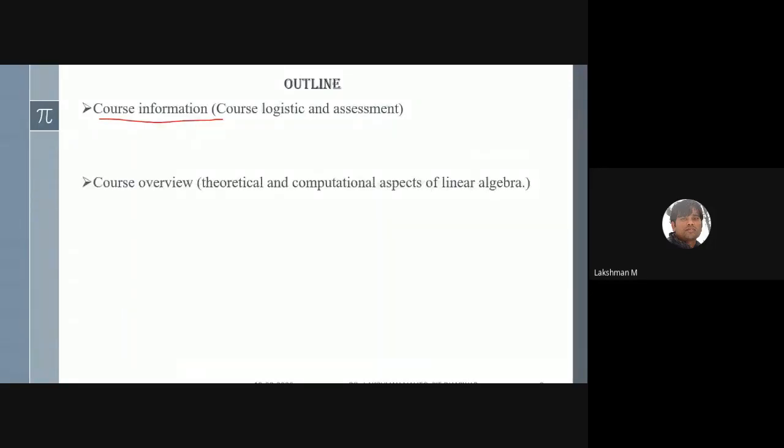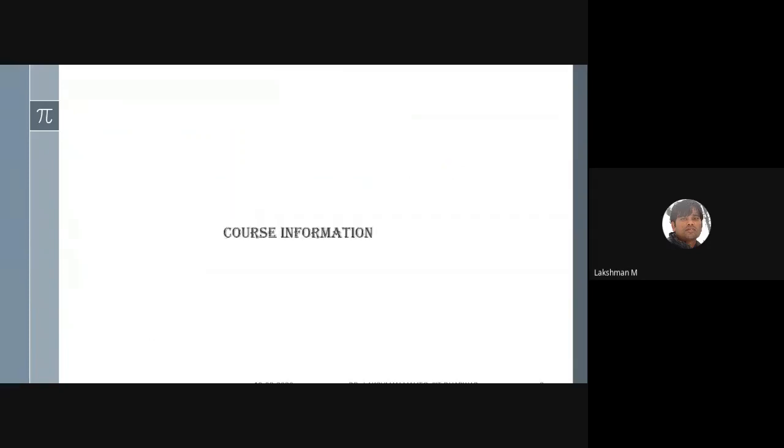There, I would like to discuss the theoretical and computational aspects of optimization. Then I would like to give a few motivations behind this course, and if time permits, I will go on to discuss convex sets.